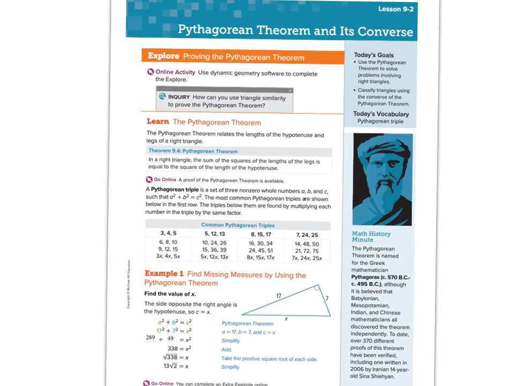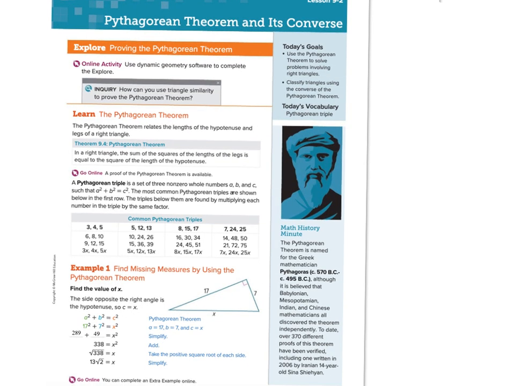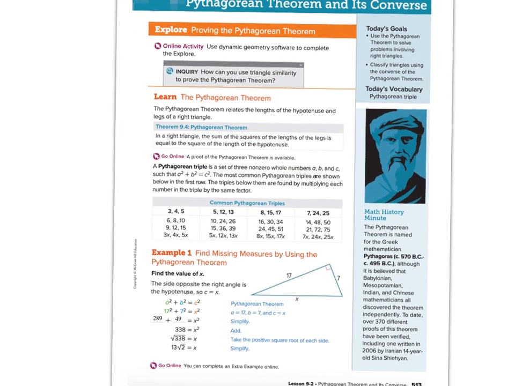Working with right triangles in the past, we've been utilizing the Pythagorean theorem. What that has allowed us to do is, if we know the length of two of the sides of a right triangle, we're able to find the third side, using the formula